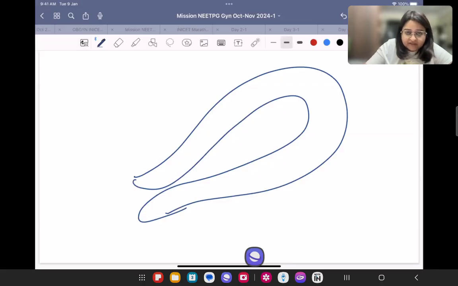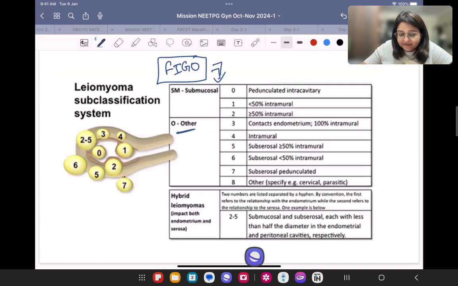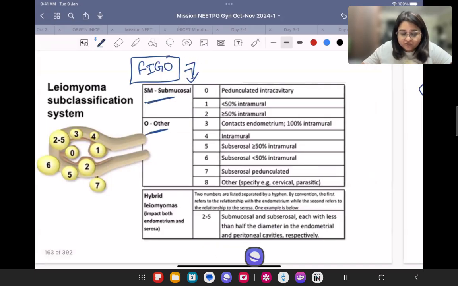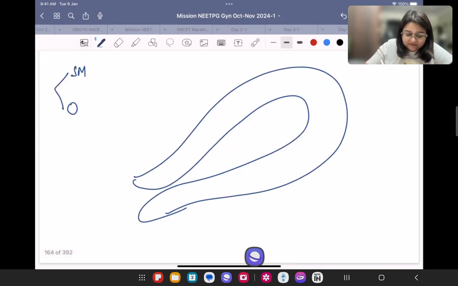So this FIGO classification says fibroids can be of two types only. One is submucosal and the other is O. O means other. Okay, so the basic classification is two: submucosal and other. Okay, so let's start drawing. The first one is